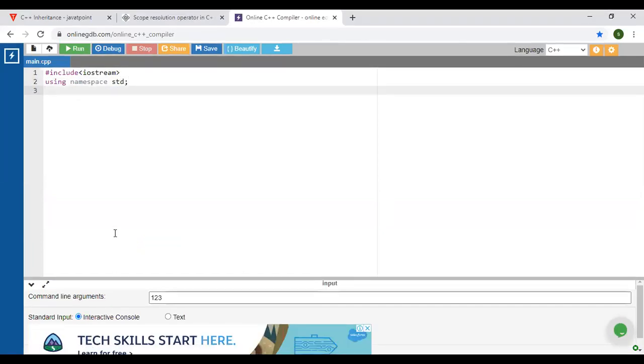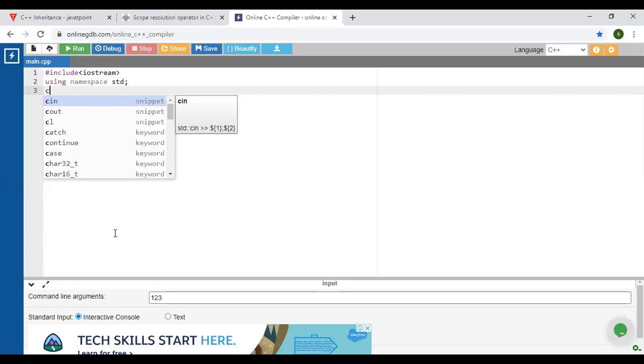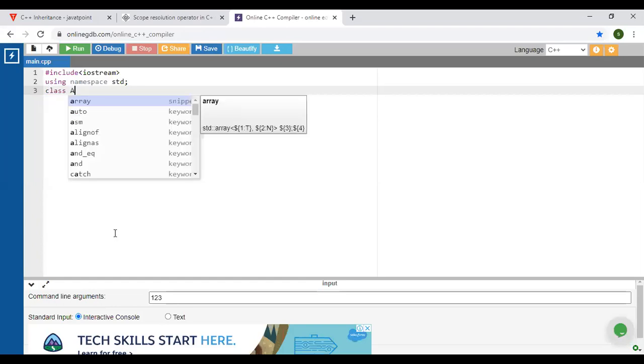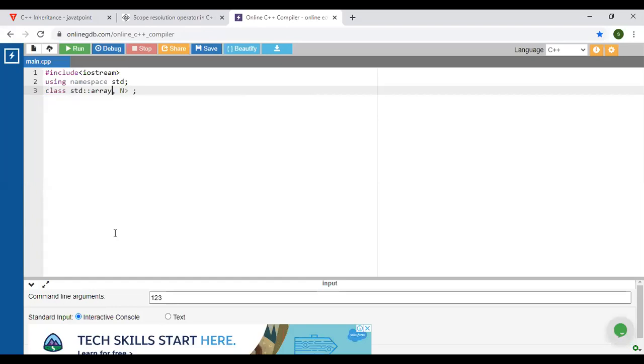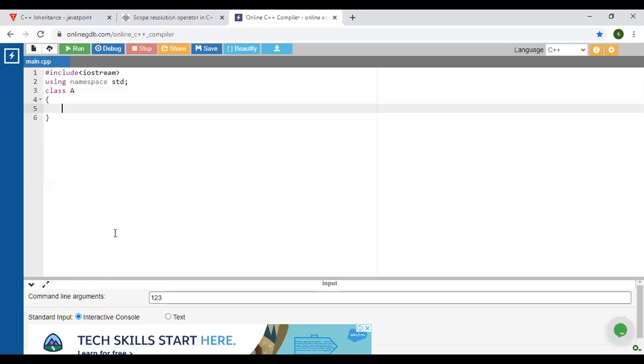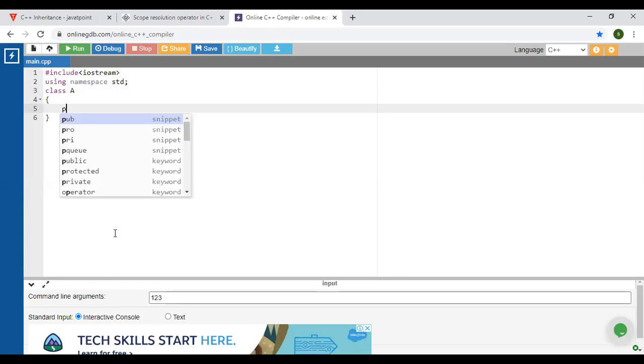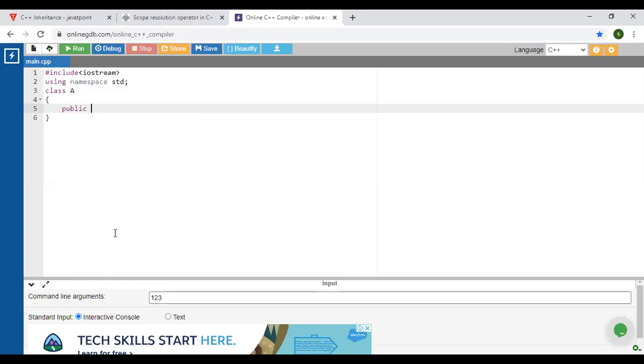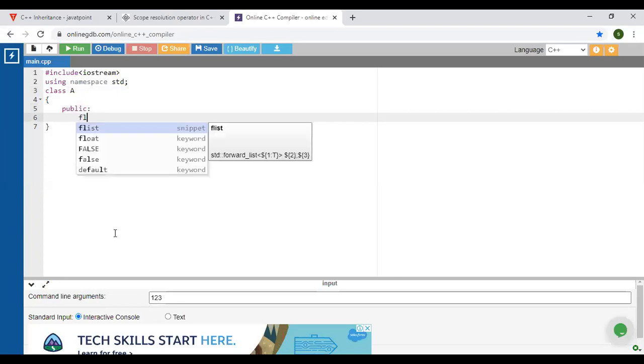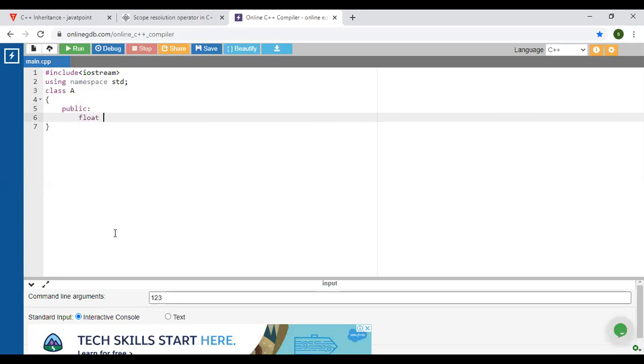Next, class. We will consider the class as A. Now we are talking about only the data member, so we will mark it as a float type.